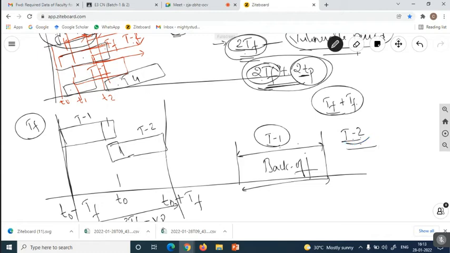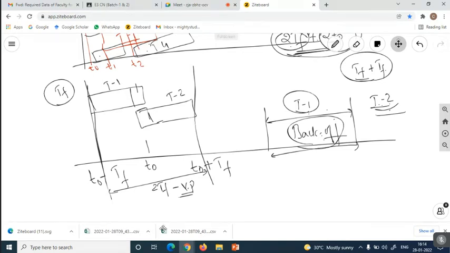So when the retransmission has to take place after the completion of this 2TF and 2TP, again the retransmission takes place. So this much amount of time is going to elapse. After the elapsing of this time period, the next frame is going to be released. So like that, one by one frame from one by one terminal takes place. So this is the basic principle of Aloha architecture.